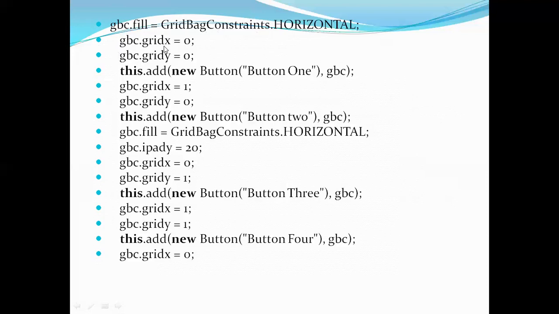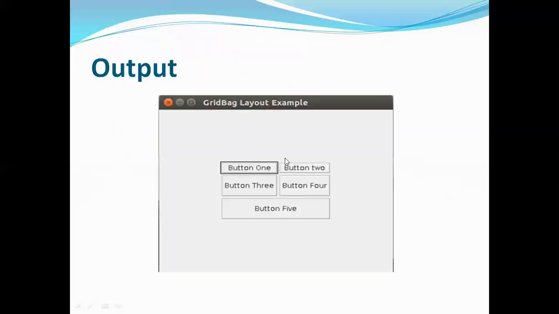How many buttons you are arranging in horizontal order, you mention in the next few lines. At what location you are arranging, you have to specify x and y values, that is gridx and gridy. So I'm writing gbc.gridx equal to 0, gbc.gridy equal to 0, which means this location. Next is x 0 and y 1, this location.